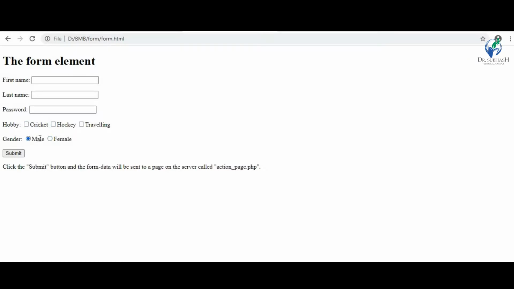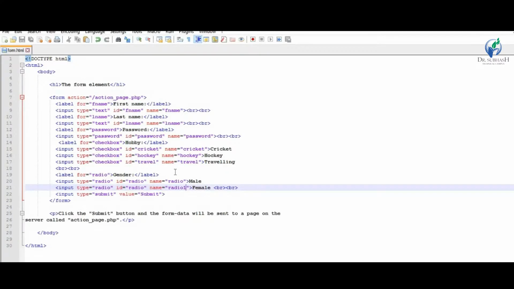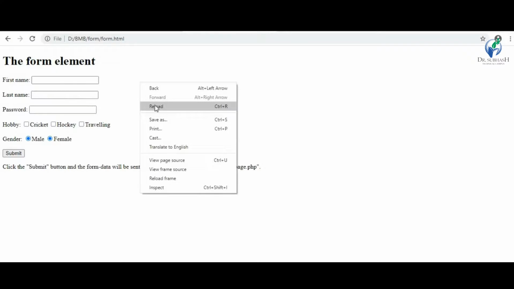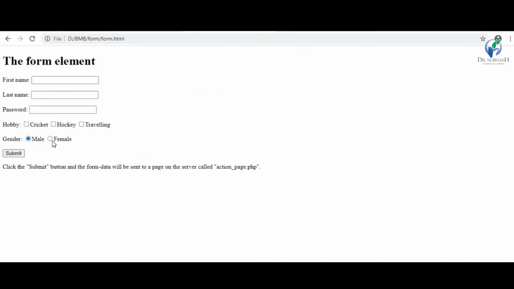At that time you can select both of them. So you can select multiple radio buttons when you give different names to the radio buttons. So when you want to allow only one selection in a single group, give the same name. Then you can select only one button at a time.